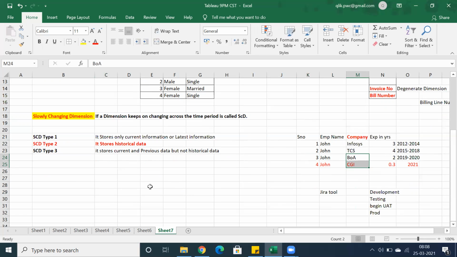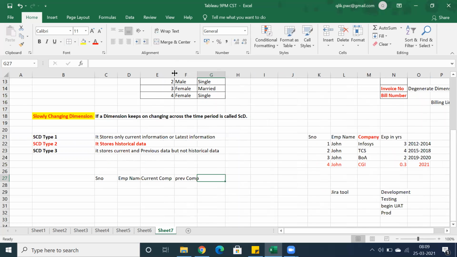But the table structure is different. The table structure is something like serial number, employee name, and they will create a column called current company, and we also have previous company. This purely depends on the date column.